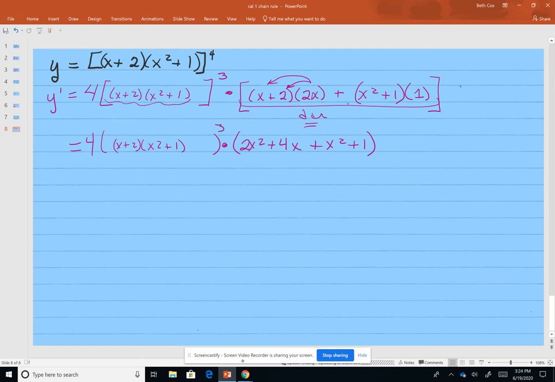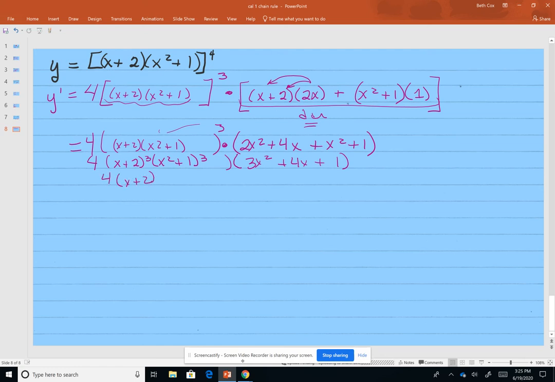Alright, and that's going to give me a 3x squared plus 4x plus 1. Right, I'm going to distribute that 3 in there. Which would give me x plus 2 to the third, x squared plus 1 to the third, and your final answer